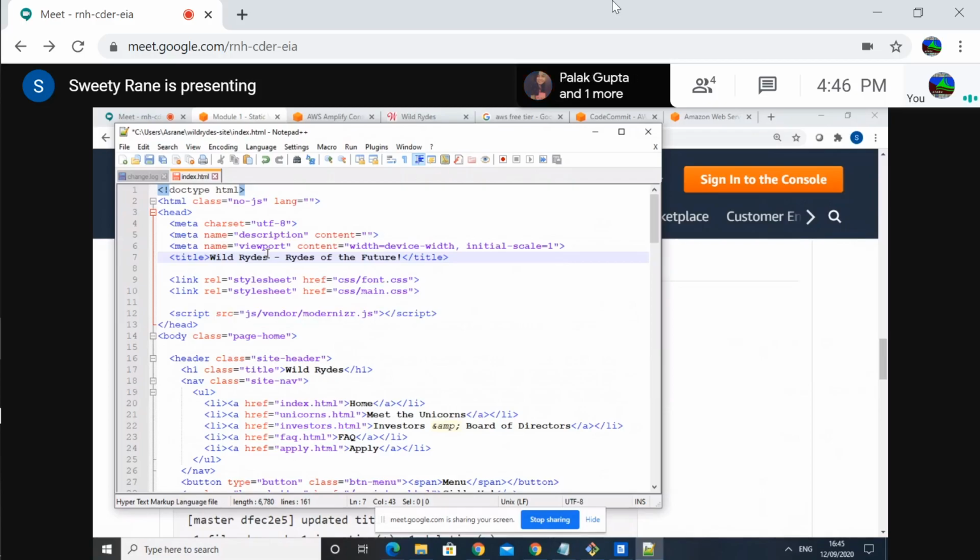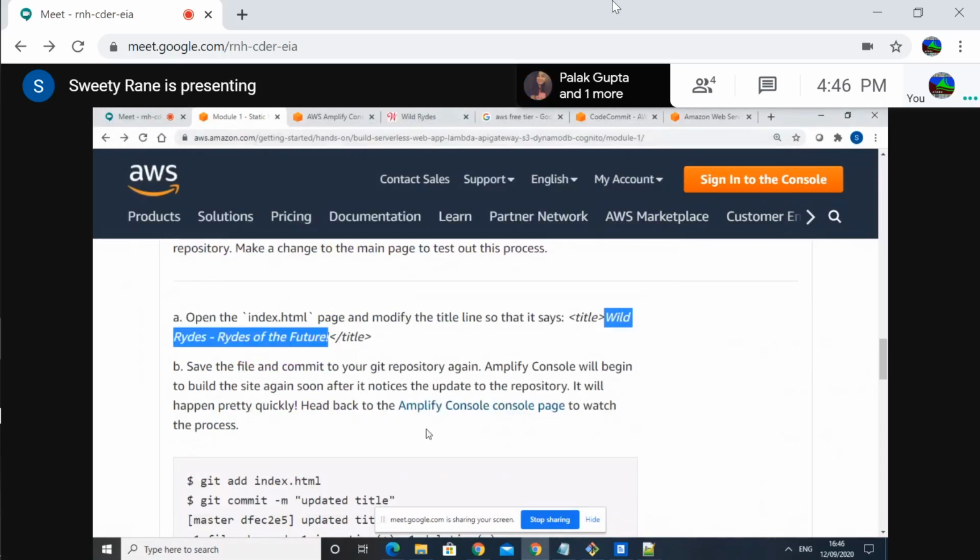Okay, save this file. Now you check the next set of commands. There will be a command to commit this file to the repository. It says git add index.html.